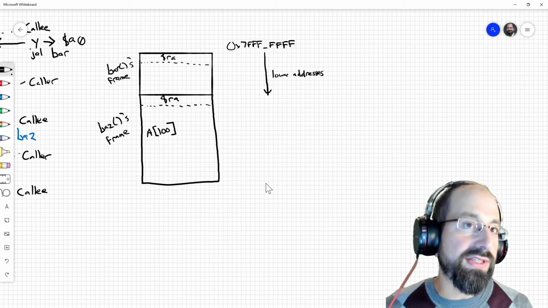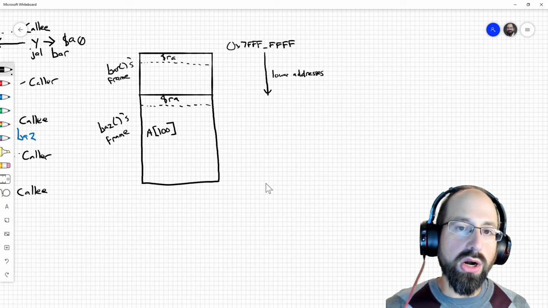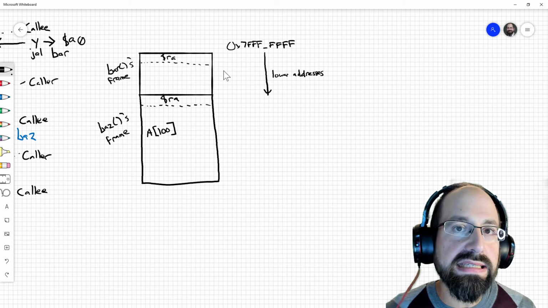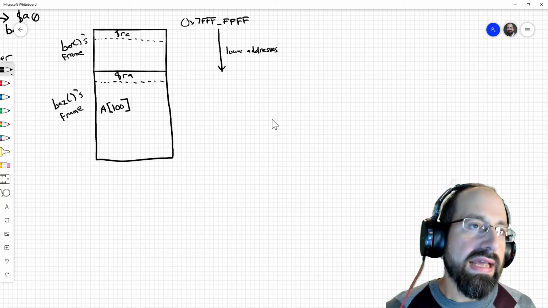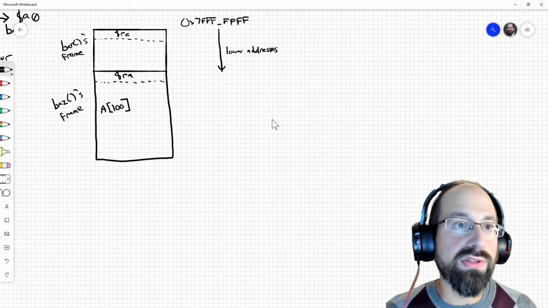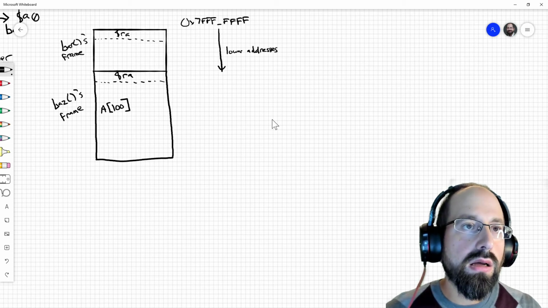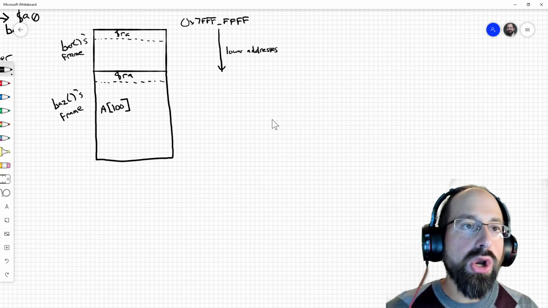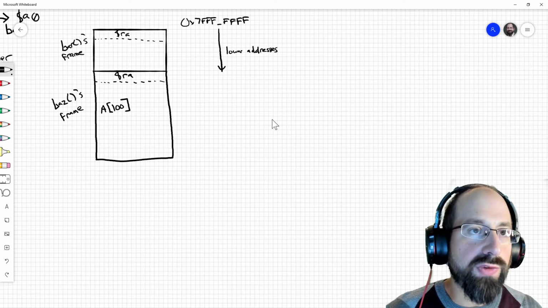But there's a funny thing that happens here in terms of how MIPS and many architectures are dealing with these stacks and how they grow relative to local data storage. I'm going to do my best to draw here: as we push this frame on, and yes, push would also be a great native or pseudo instruction for the same exact reason, we have these stacks that are growing backwards in memory, and we also have these arrays potentially as our local data storage. I can't draw all of it out here, but if we were to expand upon A of 100,